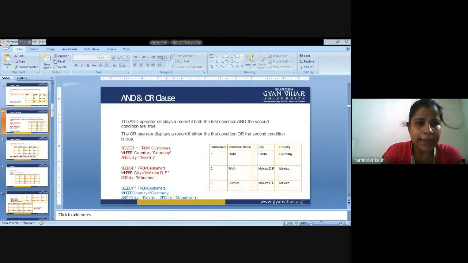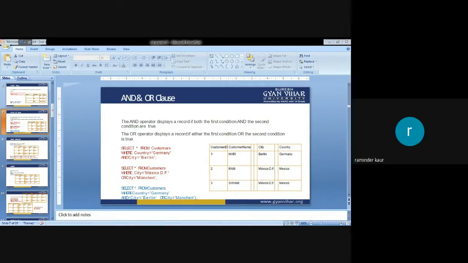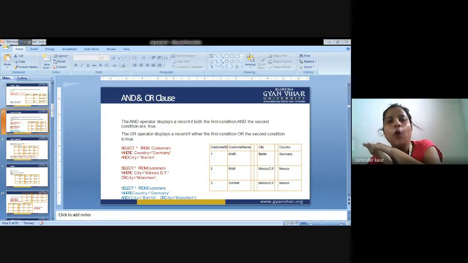Next is the AND, OR clause. The WHERE clause can be combined with the AND, OR, and NOT operators. The AND and OR operators are used to filter records based on more than one condition.